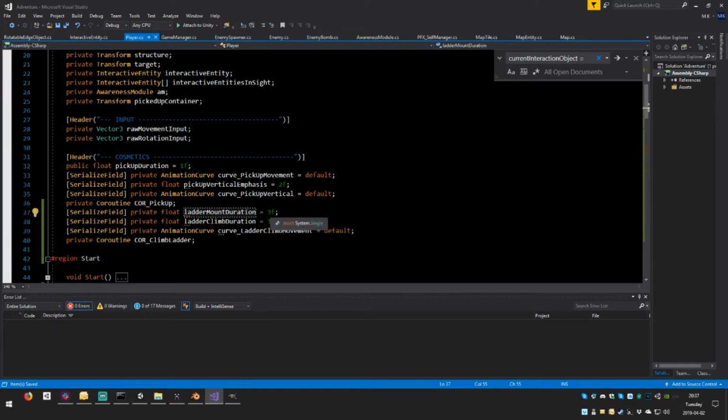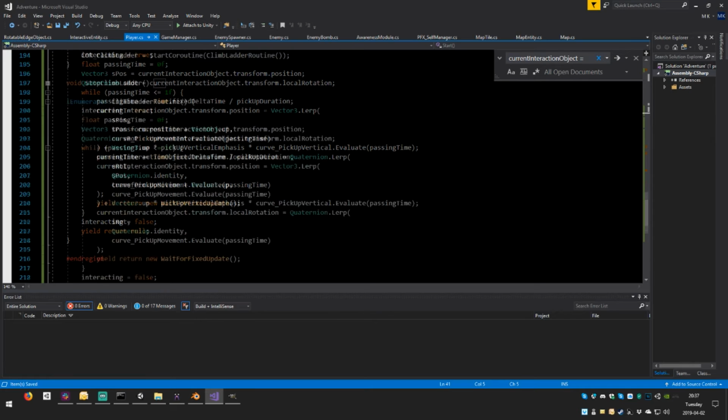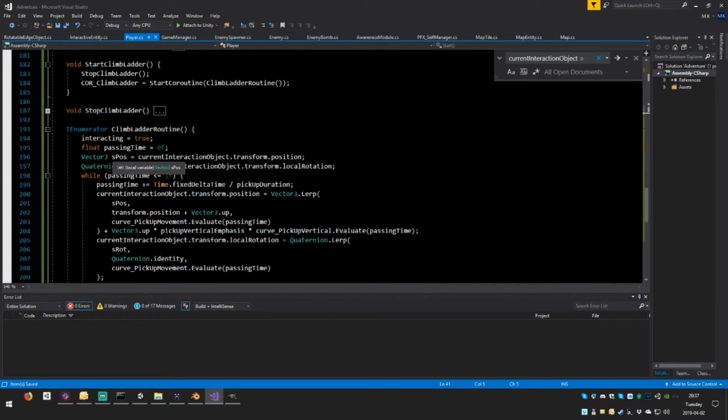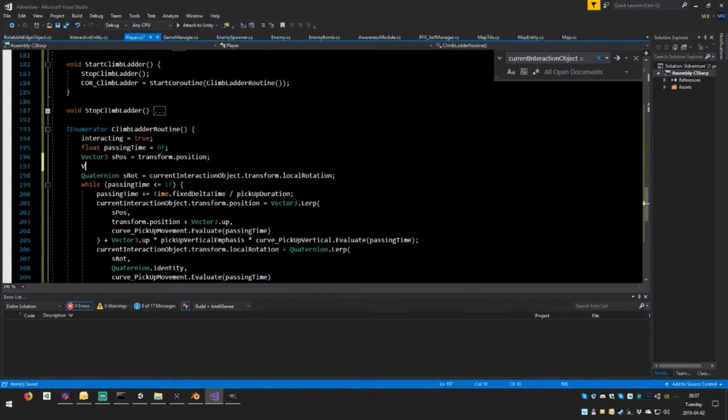Now let's make this quite fast, like 0.5. So half a second, hop, grab on the ladder, 3 seconds, hop, get off. Yes? All right, so step number 1 is going to be this. Now start position is where we are, so it's going to be transform.position. Correct? Now, we need an end position, so type Vector3